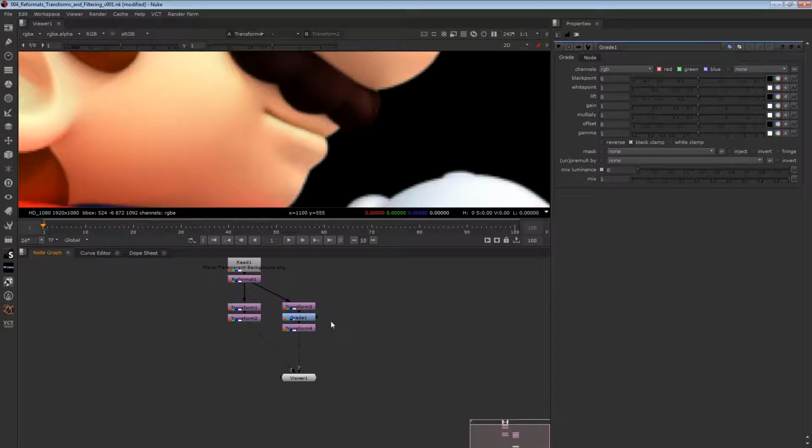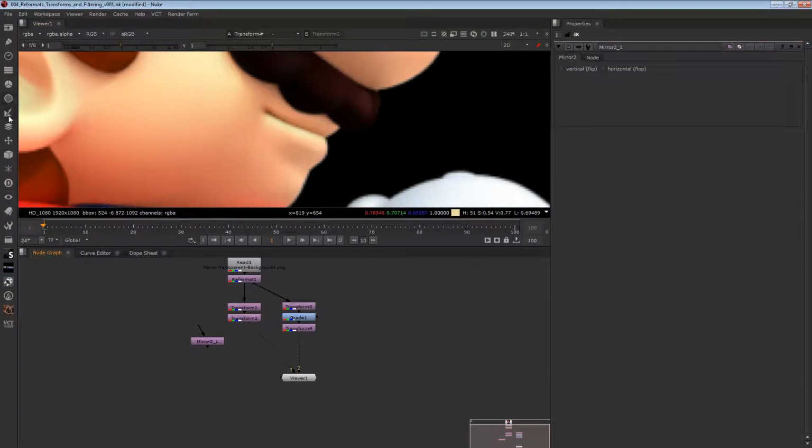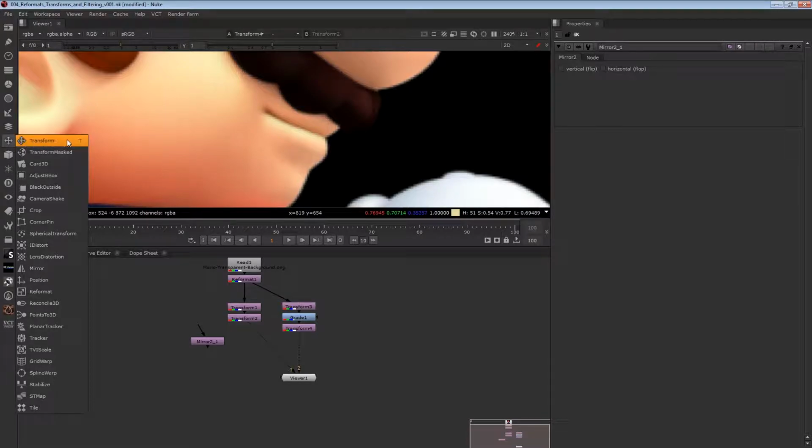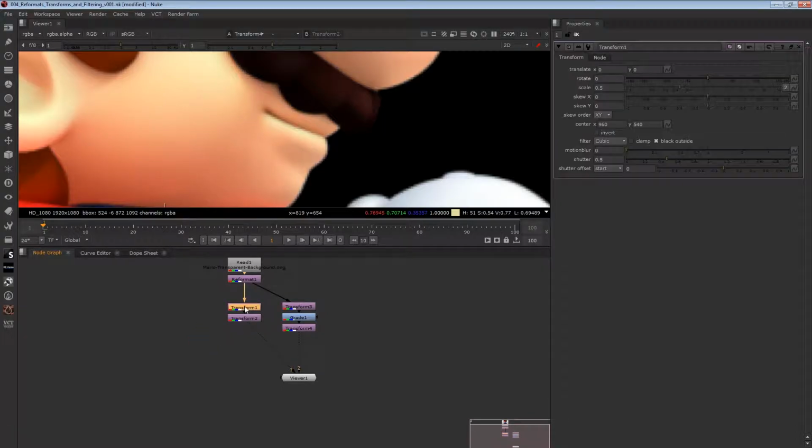So something that happens inside of Nuke is that any transform nodes, or things like a mirror, most of them can be found in here: transform, the crop, the corner pin, the idistort, mirror, reformat, that kind of stuff. They concatenate with each other, so that means that when they're together like this, usually Nuke reads down as the arrows show, but with concatenation nodes it actually reads up, and it just